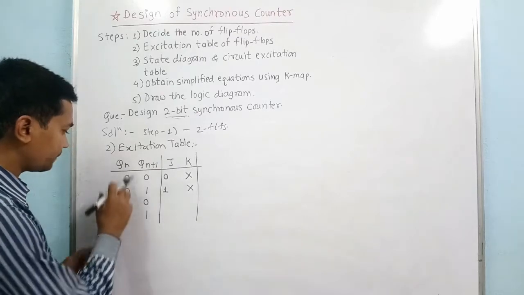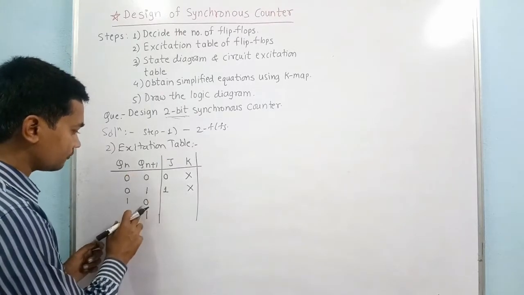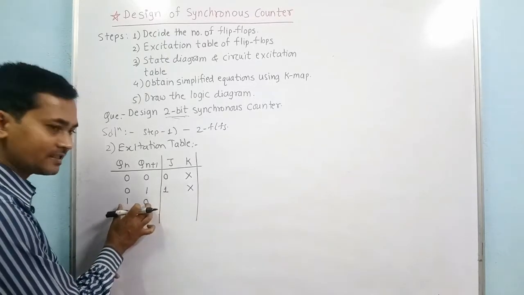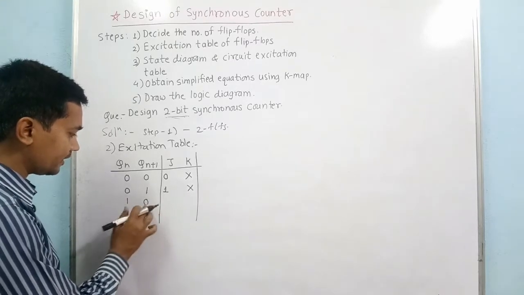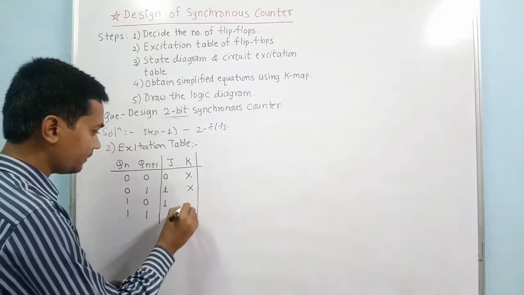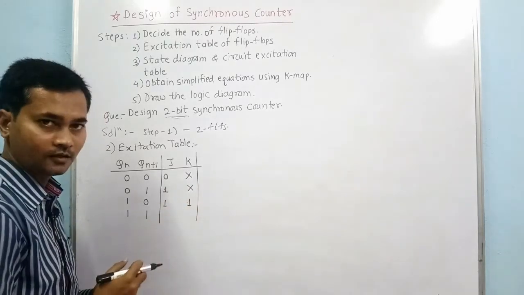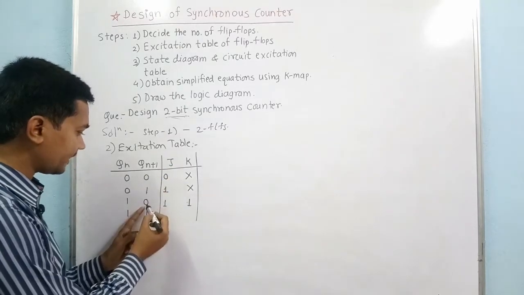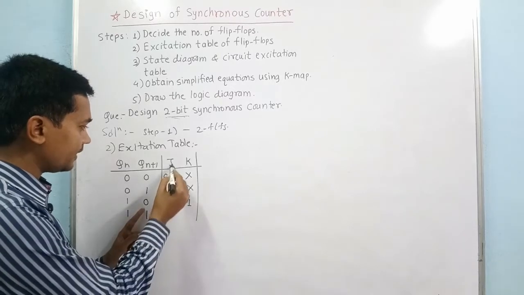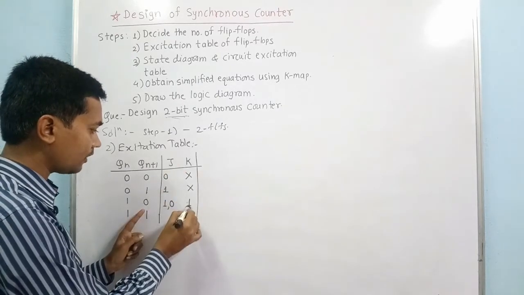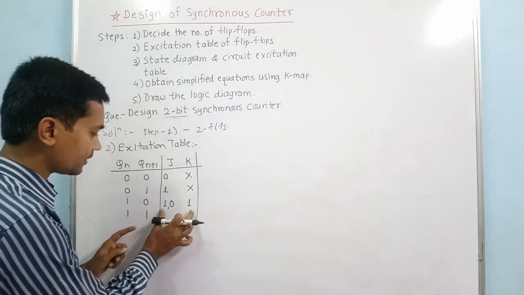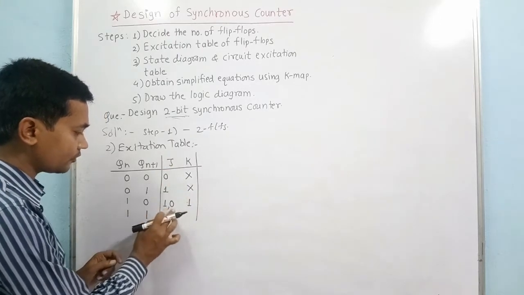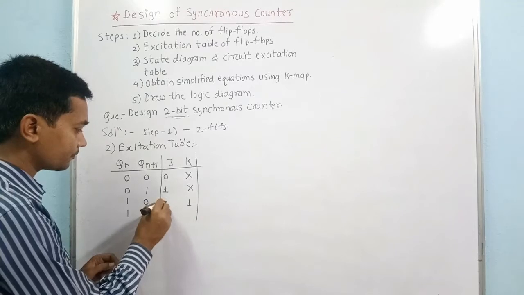Okay, now if present state is 1 and next state is 0, or we want the next state as 0, then for which JK inputs we can have this bit change. So either you can have toggle condition, so J will be 1 and K will be 1, so we can have this kind of toggle condition. So if JK equal to 1 1, then output will be toggle, but here we want the next state as 0, so that means the J will have 0 and K will have again 1. Okay, so these are the two conditions, 1 1 or 0 1. Okay, so that means J can be either 1 or 0. That means I can write here don't care.